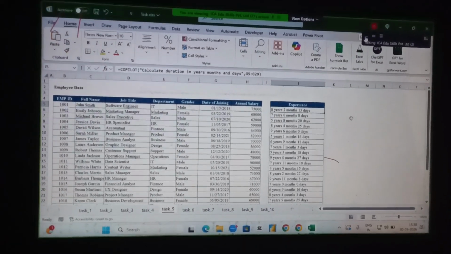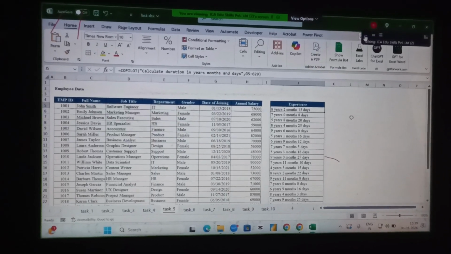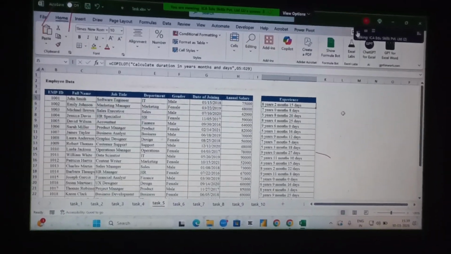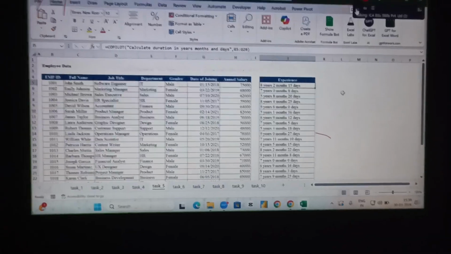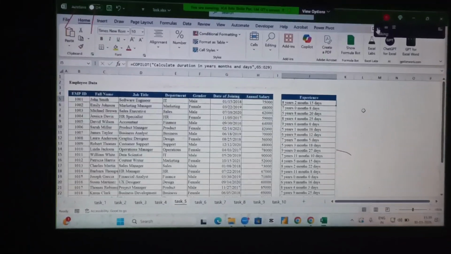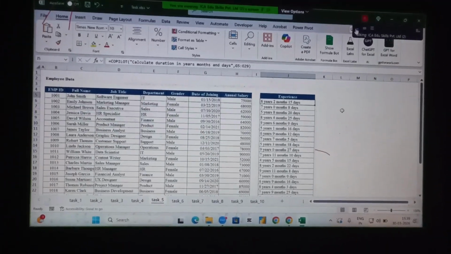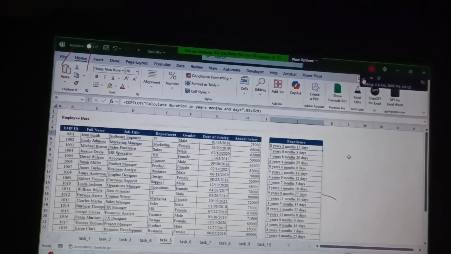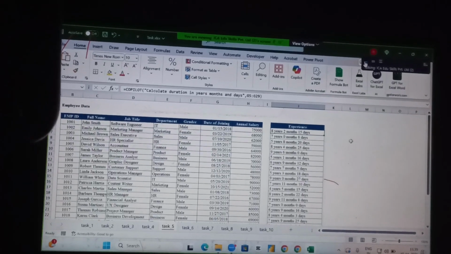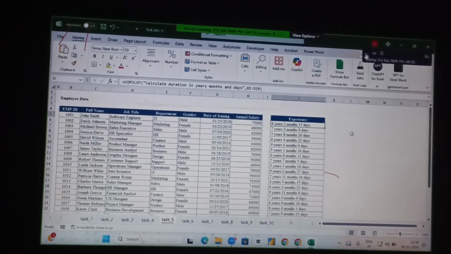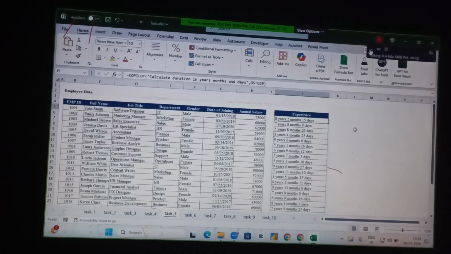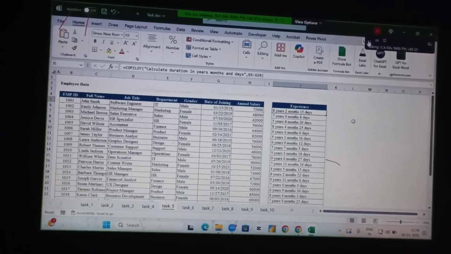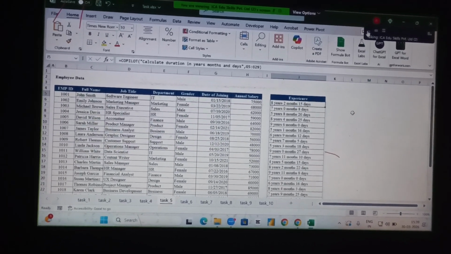But here, look at the magic. I'm so impressed when I am working with Copilot. I basically love these tools. This is my personal use. I just use Copilot, type the prompt and select the range, and within a second it will show you. Is my point clear? Okay, so next, task 6, task 7, task 8, 9 and 10, and there are two